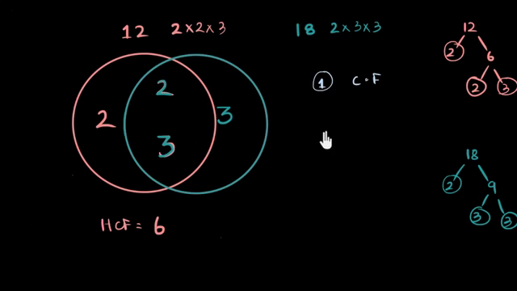But the HCF has another job. It's to be the highest of these common factors. The highest of these common factors, the H part of it. So if something is H and CF, then it's the HCF. So how do I know this is the highest?